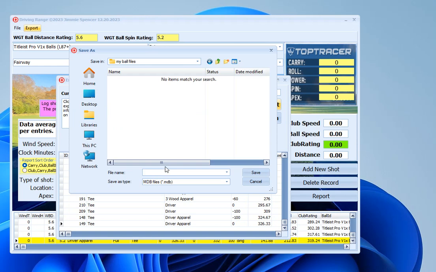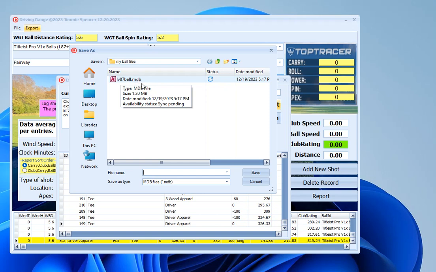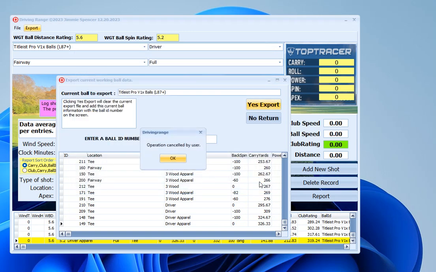So we'll give it the name 87 ball. We'll just call it this. No need to put the extension in, because I add that automatically once you save it, right? So now the file's been copied and finished. So as you see, it's right there, right? So now you have your ball files saved